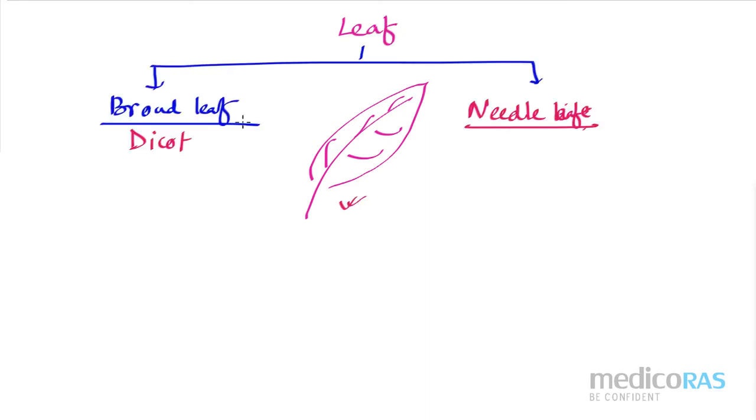Suppose we got one lead, and suppose we don't know about this lead. If you don't know about the species, then what are you going to do? First, we need to collect all the information, the description, and then we have to go for identification. Suppose in that identification part, I come to know that I have seen a leaf. So my key will be leaf. These two are the couplets.